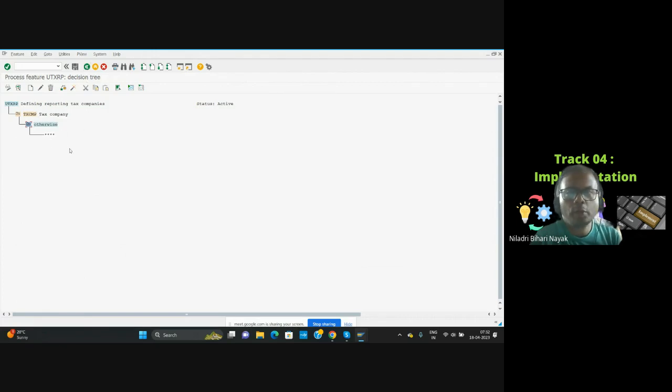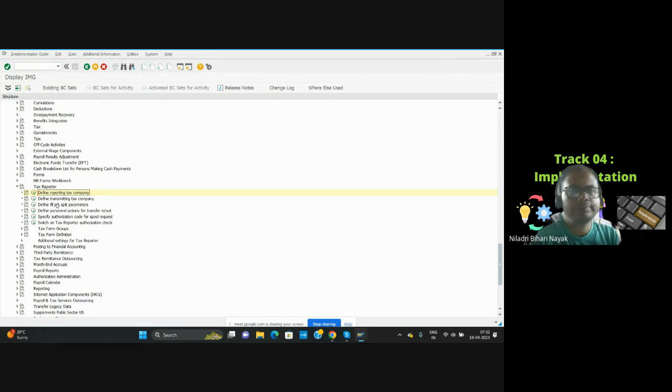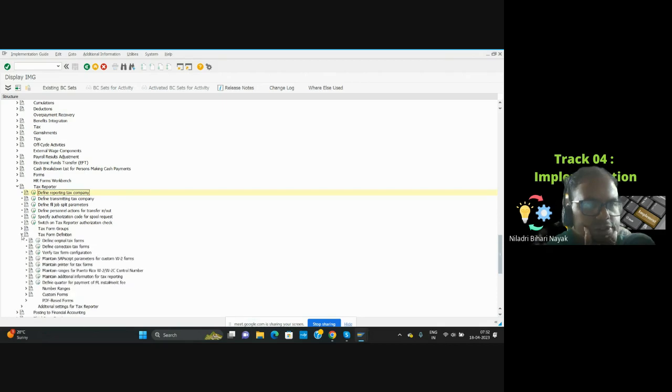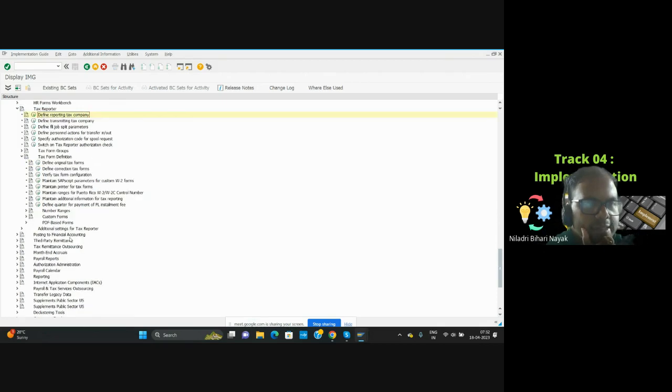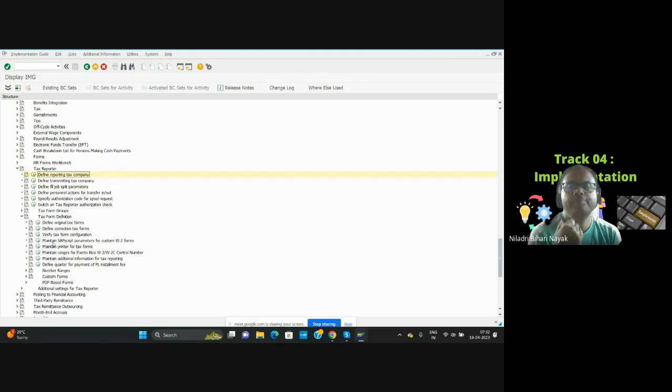Can you go to tax reporter, tax form definition? There is a node called tax form definition. Can you go there? There will be something called tax form definitions. So this is where exactly you have to configure every year. Here, define original tax forms. The first one. If you go inside it,